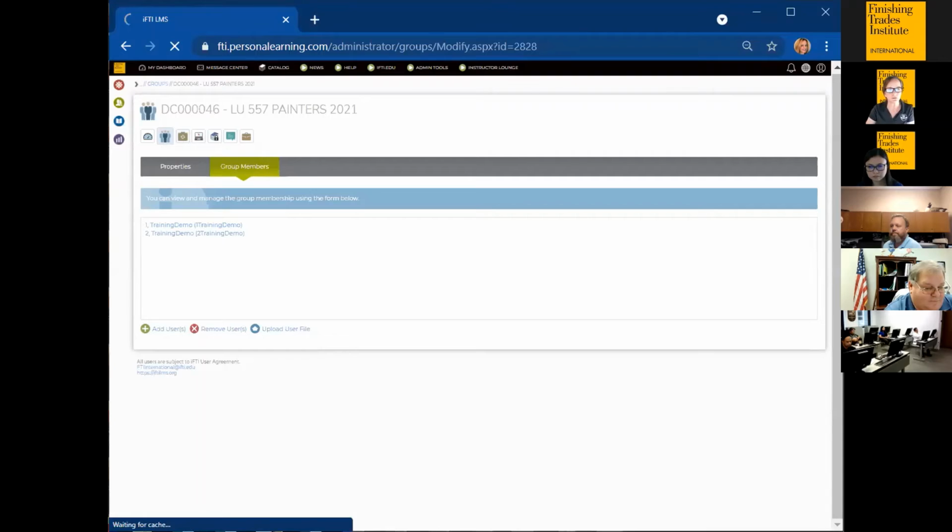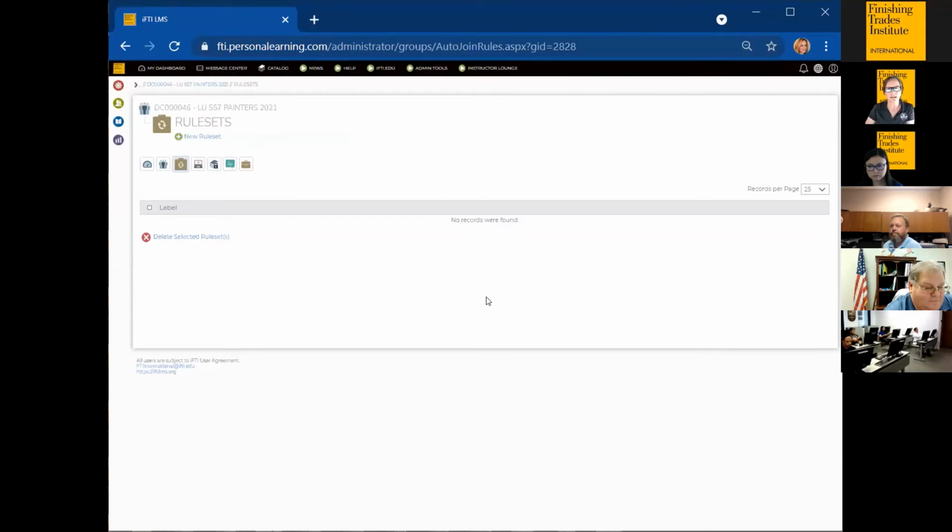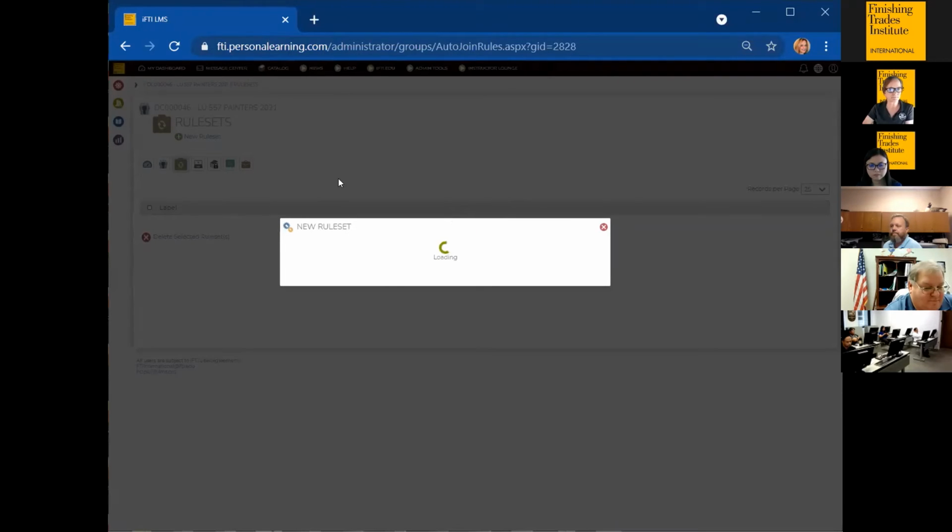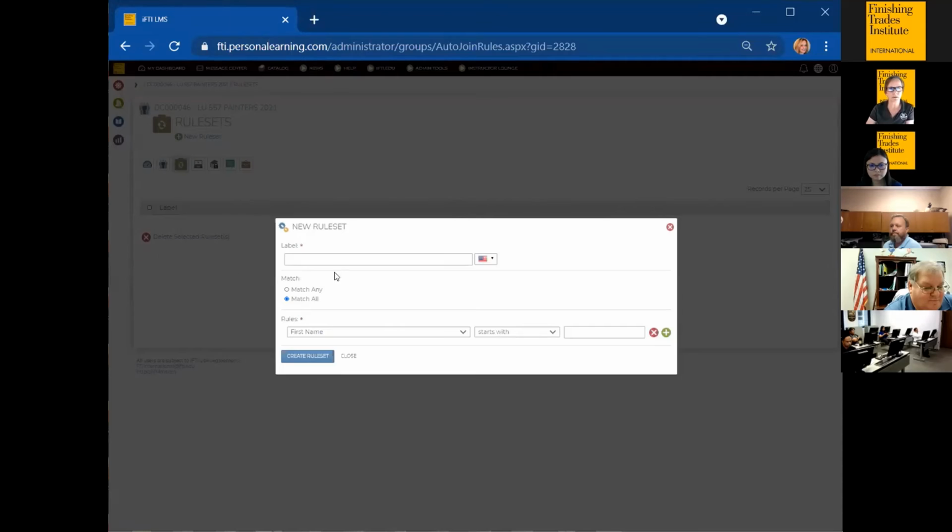Then the auto join rules is where you would really set who is going to be part of this group. Right now there are no rule sets, so we want to create a new rule set. We are going to call it our group name.